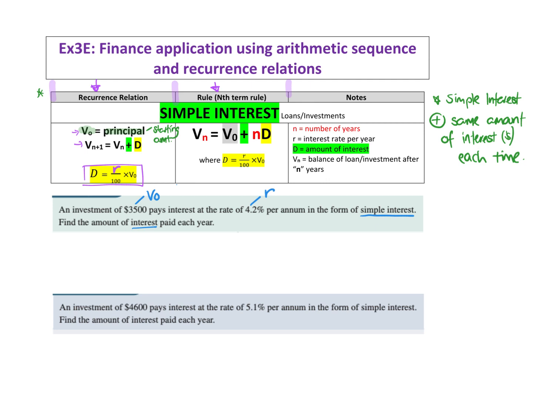So if you look up the top here, we can see that D equals the amount of interest. Okay, so we're looking at our formula sheet and we've said, okay, so D is the amount of interest paid each year. And then if you look, I write out what is the formula for D. It's R over 100 times V0. So if I go into this scenario, I would go D equals, now the rate is 4.25 over 100 times V0, which was 3,500. So we end up with,